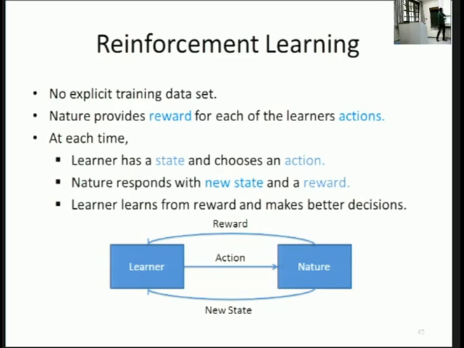Similarly, what we are doing here in reinforcement learning is we have a learner, which is an algorithm. It's going to do some action. Action is probably like putting your leg at the front. Now what happens is the nature will tell you, oh, you did good or you did bad. And it's also going to tell what pose you are in. For example, if you put the left leg up and the kid wants to know which leg to put, he should put the right one. That's called the new state. He's in a new state because he has made that first move in the earlier state.